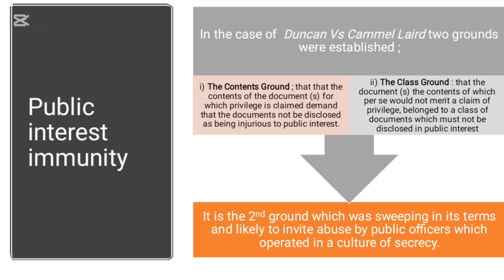The brief facts of this case are that relatives of those who had died in the sinking of a submarine during sea trials sued the shipbuilders, alleging negligence and seeking disclosure of technical defaults about the submarine's design. The British government objected, claiming that releasing the documents would compromise national security. The House of Lords upheld the government's claim of Crown privilege, now known as public interest immunity, ruling that the documents should remain confidential to protect state interests, even at the cost of withholding